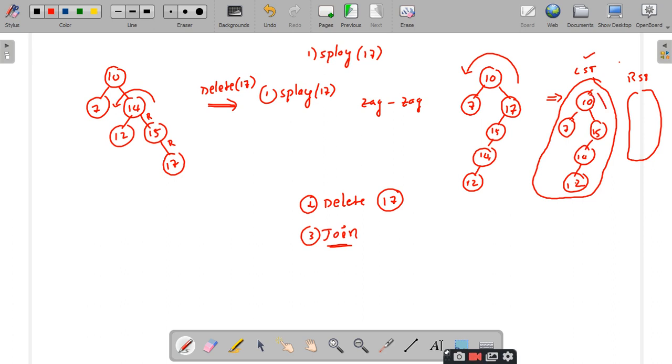So what is the largest element from the left subtree? 15, sir. So I have to splay 15. So I should perform a zag operation. Once I perform a zag operation, I will get like this. What happens to this 14? Right of 10, sir.